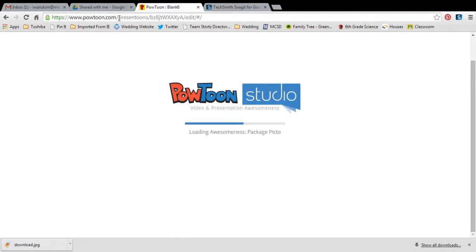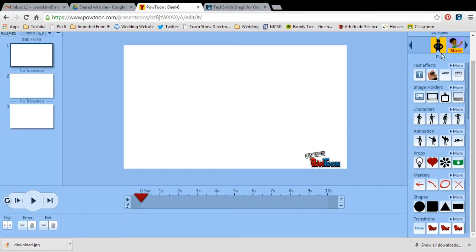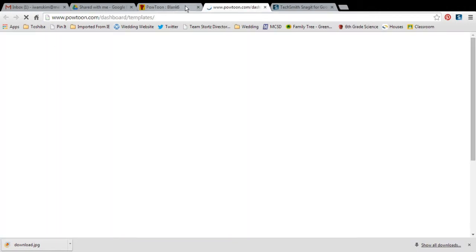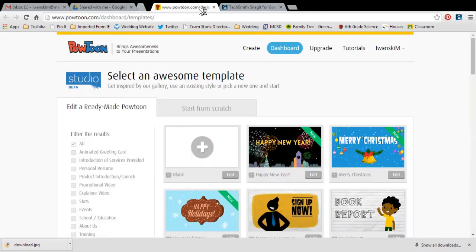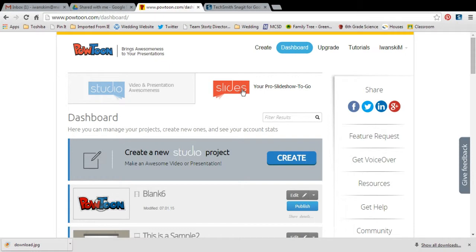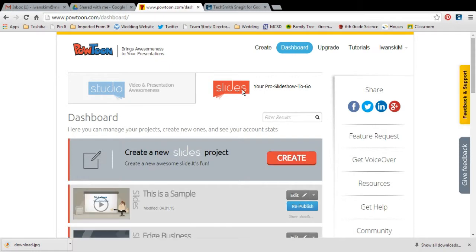And Powtoon Slides is slightly different than Powtoon Studio, because in Powtoon Slides, I just have to get back there. Give me a second here. Back to my dashboard. In Powtoon Slides, if I go to Dashboard, I have the option of doing slides. What slides is going to have is it's going to have pre-made presentations that I'm putting my stuff into to make it my own. So if I go to Create in Powtoon Slides,